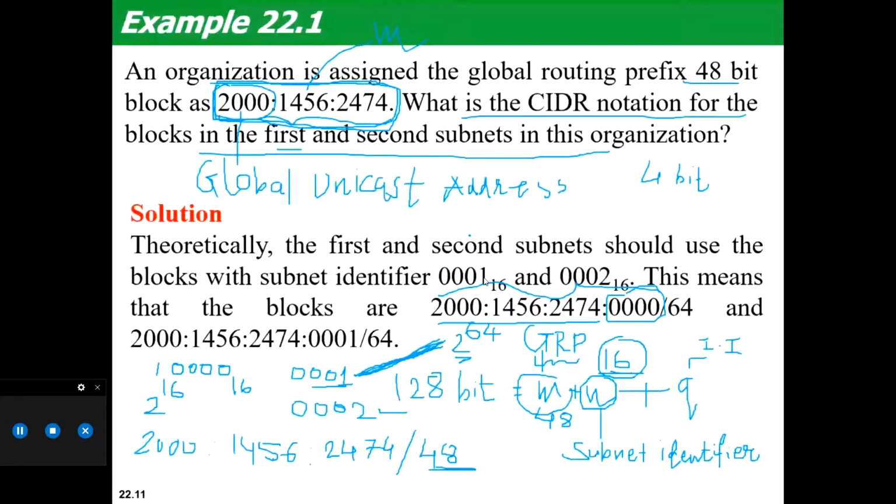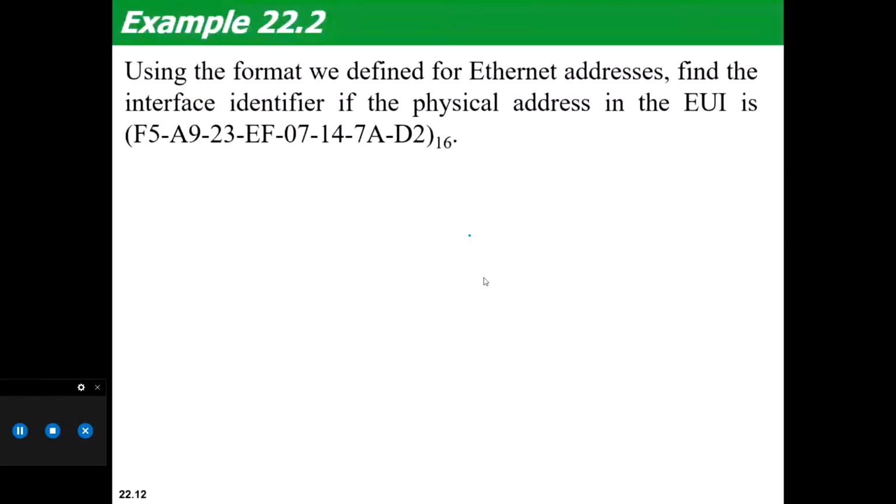Okay. Find the interface identifier if the physical address in the UI is this, that is F5, A9, 23, EF, 07, 14, 7A, D2.